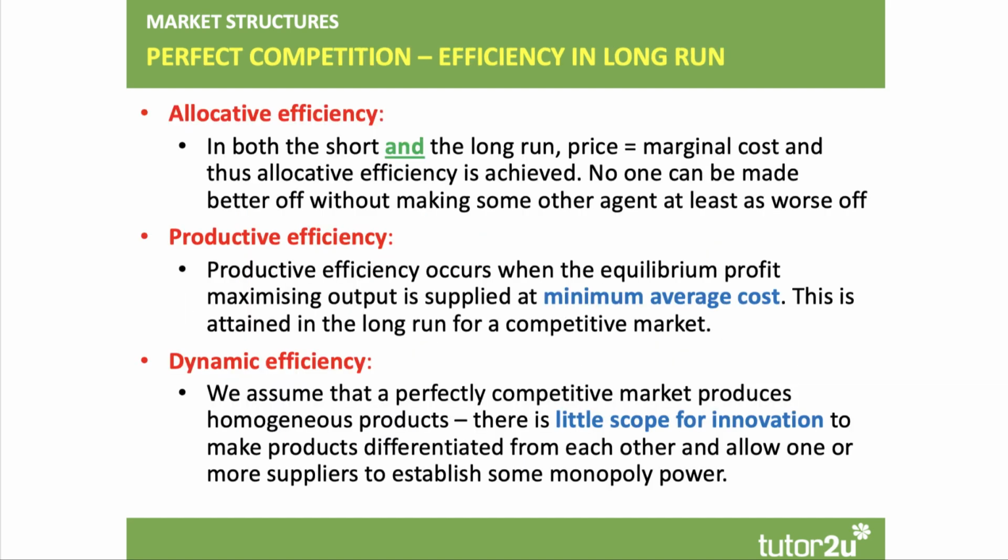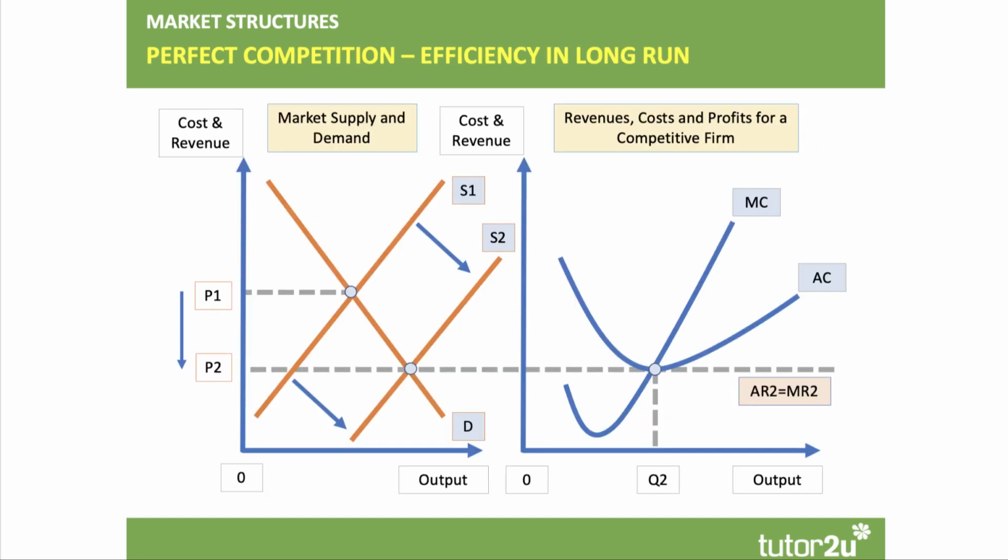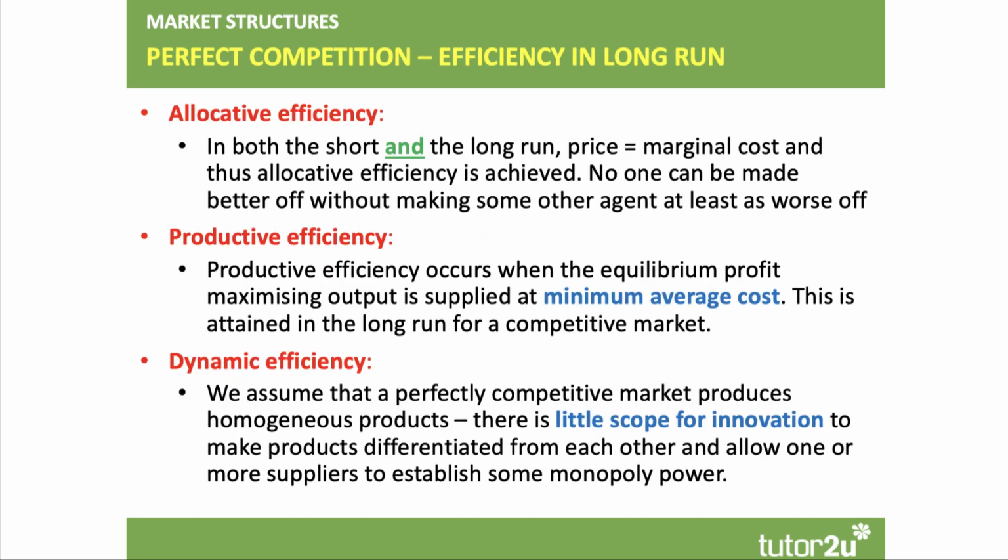So the perfectly competitive equilibrium gives low normal profits, but achieves static efficiency: allocative efficiency, price equals marginal cost, and productive efficiency, output is at minimum unit cost. So that is an equilibrium which is productively and allocatively efficient, although you could question whether it's dynamically efficient. The assumption of homogeneous products, standardized products, the same goods and services, implies there's little scope for innovation, which might lead to product differentiation. And of course, no one firm has enough profit to really invest heavily in research and